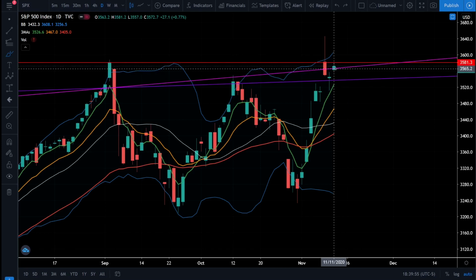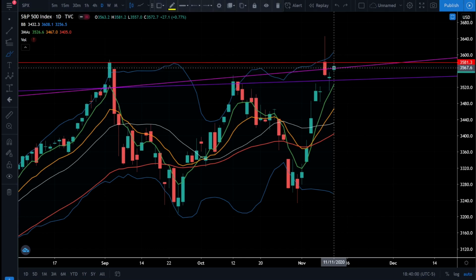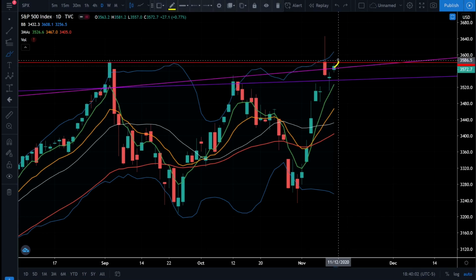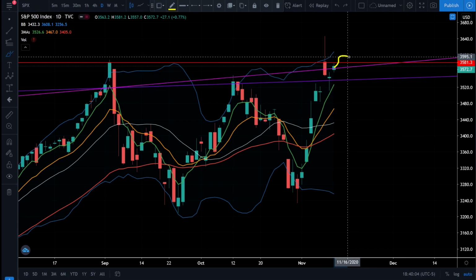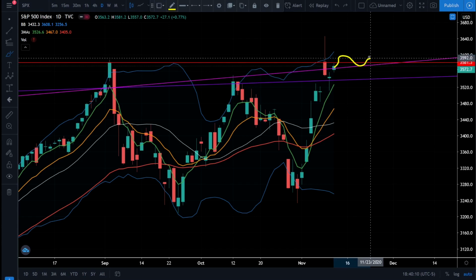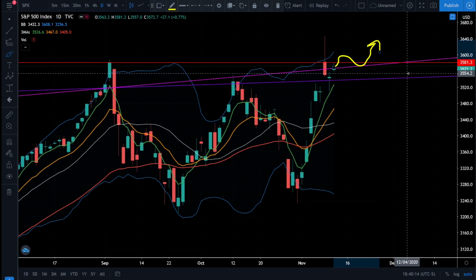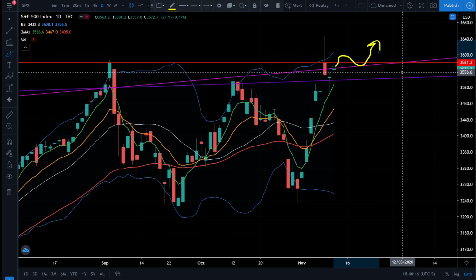So how do we not chase this, and how do we know when the breakout is real? Well, that'll be because we now broke above resistance. We should break out above here, come back down and test these resistance levels as support. If we get a bounce off of this previous resistance as support and then start heading higher, we will know that this is the real deal breakout, and it is likely that we're going back into a brand new bull market.